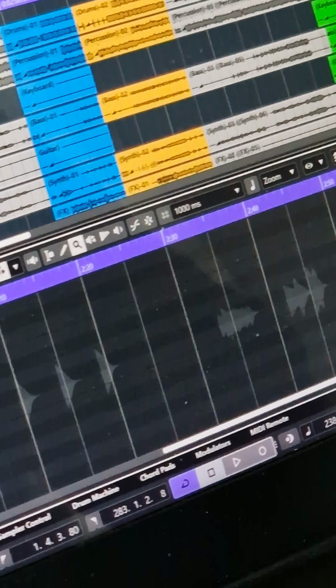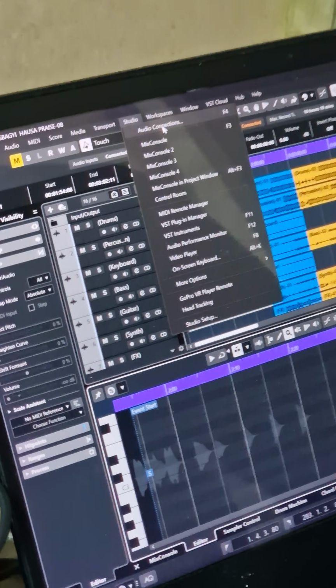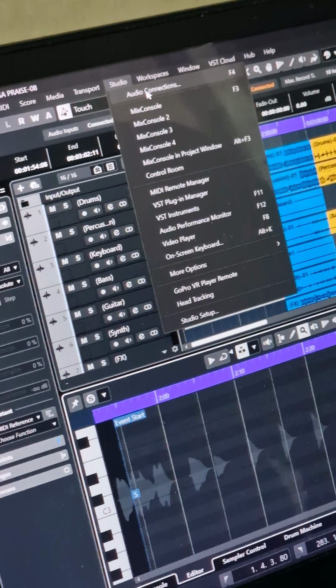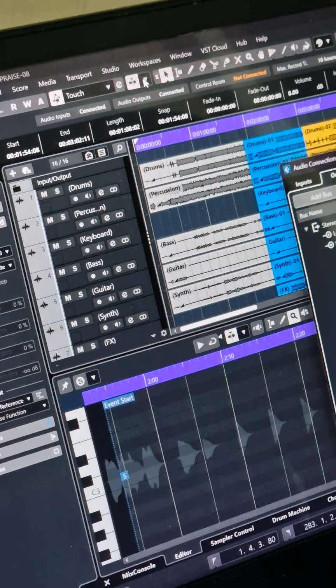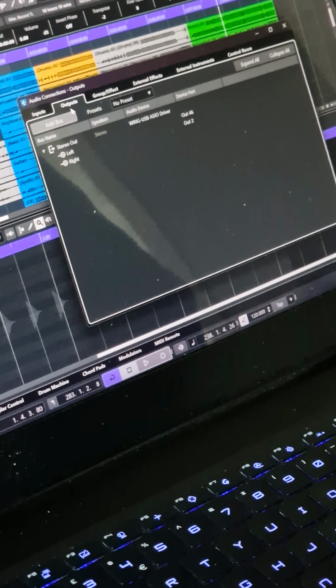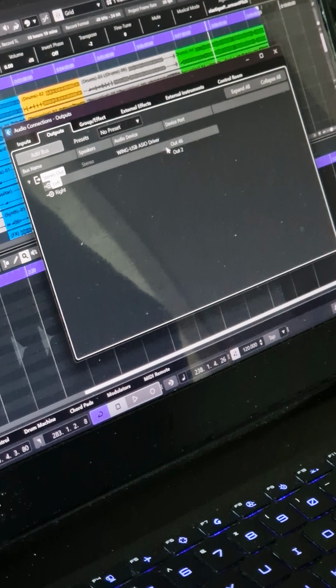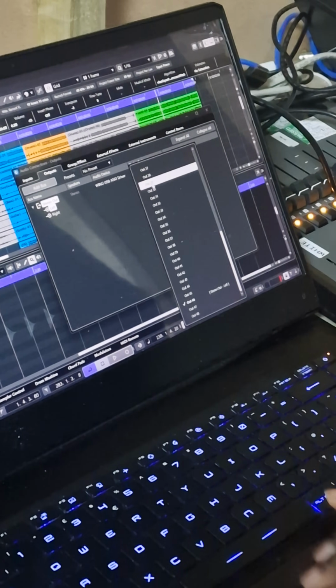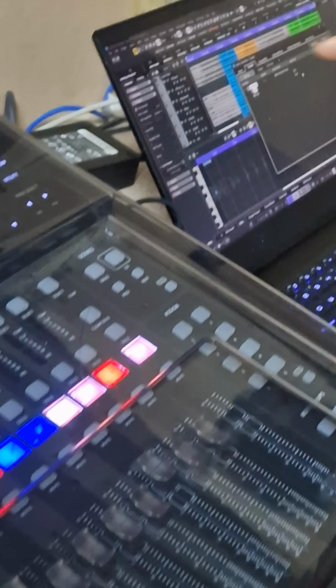Secondly, go to the same Studio, and then this time around it is the audio. Go to the audio connection and then go to your output. So on the output, now if you look, let's go to the mixer. I'll show you on the mixer. You need to look. You'll see that channel 1 and 2,